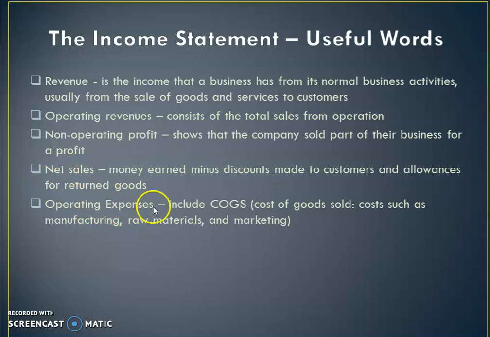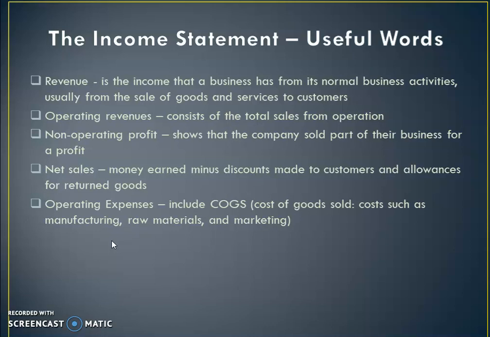Operating expenses. This one includes COGS. What does it mean? It is cost of goods sold. Costs such as manufacturing, raw materials, and marketing. So, for example, the company is a producer of something, for example, like spare parts of